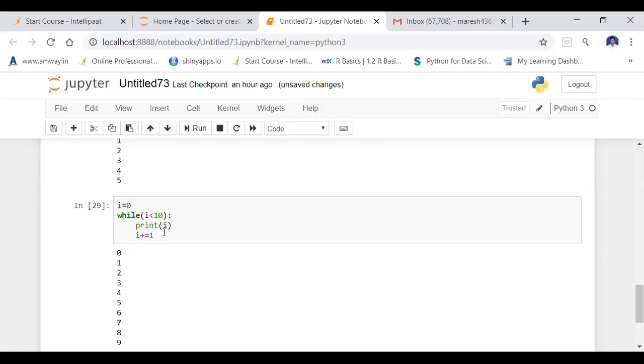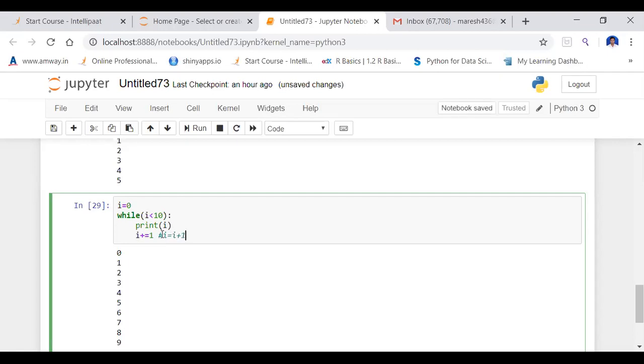Sir, one little confusion is there. That operator, I plus equal to 1. That means I is equal to I plus 1, the present I value plus 1.